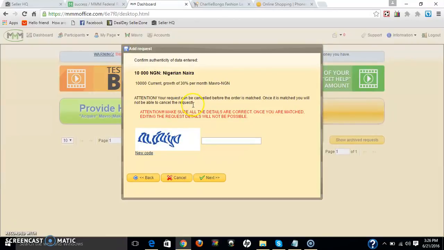Now what they mean here is that once you enter this, you can still cancel it. Maybe after like 10 days, if you have not been matched, you can still cancel it. But once they have matched some participants with you to send this 10,000 naira to, you cannot cancel it because you have been matched already. And if you attempt to cancel it, they will block you from the site totally, because this site is built